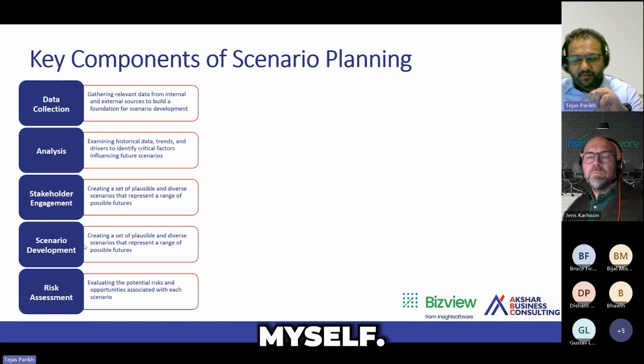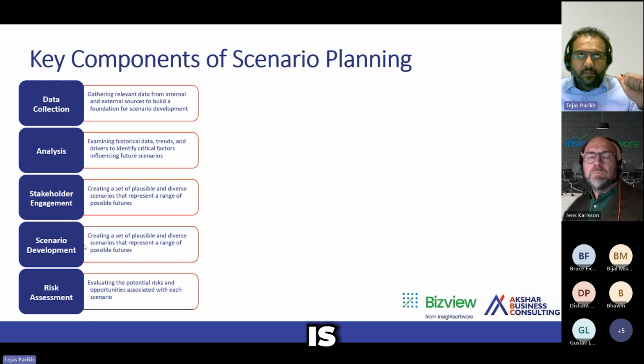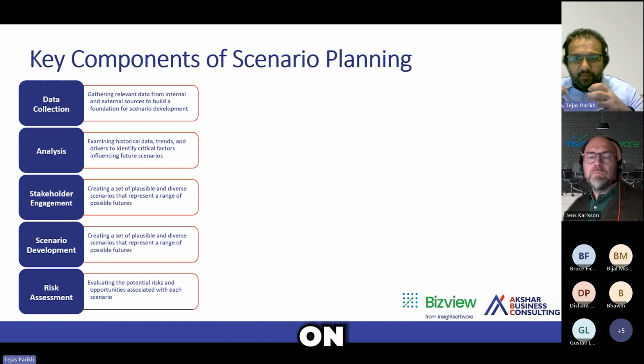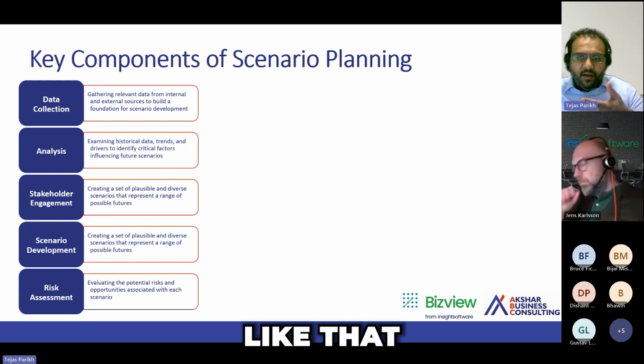The key thing which I would like to point out here is I have been involved in a lot of scenario planning myself, but what I find is businesses tend to focus scenario planning a lot more on internal focus, in terms of what if sales grows 5% or sales drops 5% or things like that. Whereas